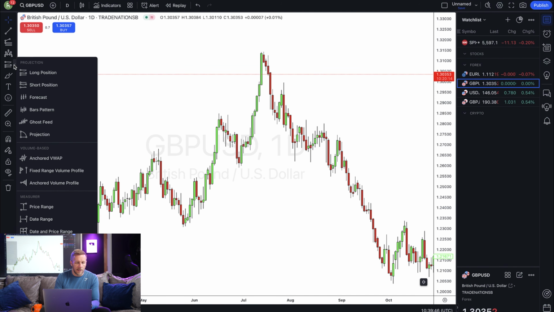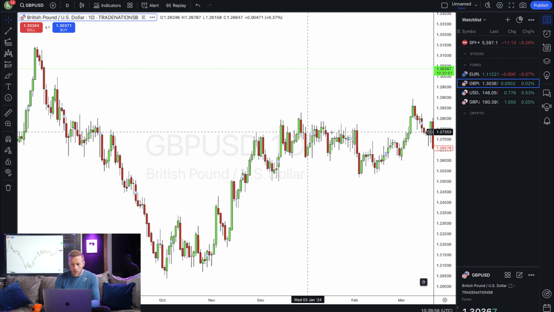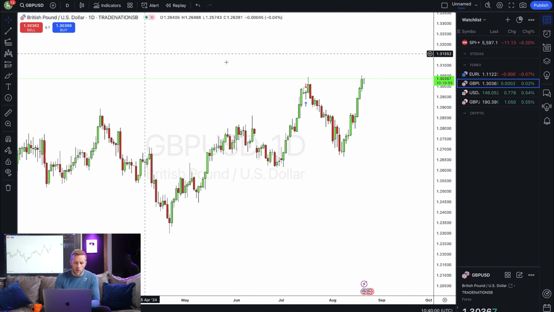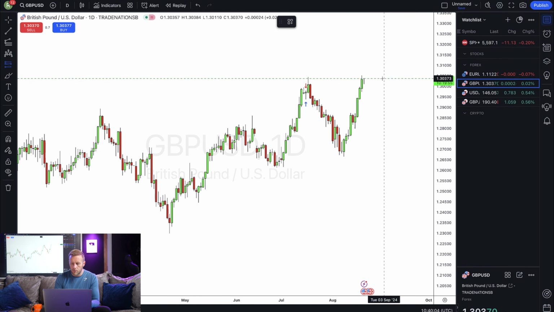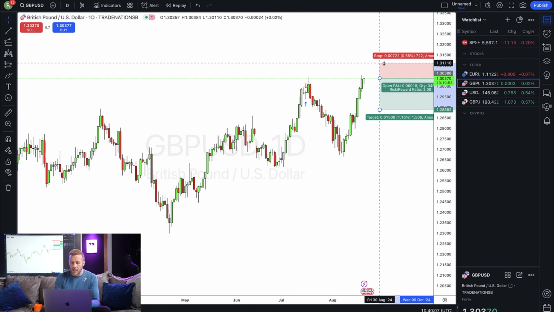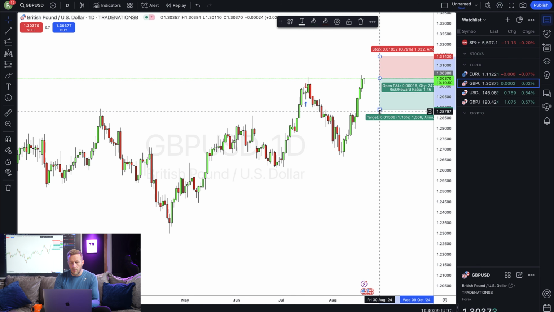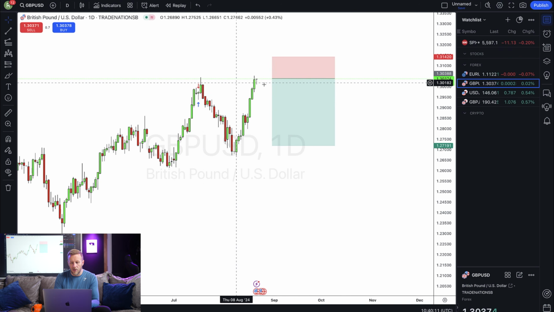I'm going to go to the next thing, which is the projection tool, which is a great tool. This is where you're going to project your position size, your risk reward profile, and whether you're in a long position or a short position. What this does is, let's just say that we wanted to get short here. You can draw on your short position, put it at market or wherever you're likely to get in, see where your stop loss is about to go and where your target's about to go, and it will tell you the